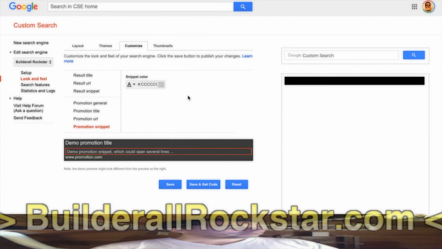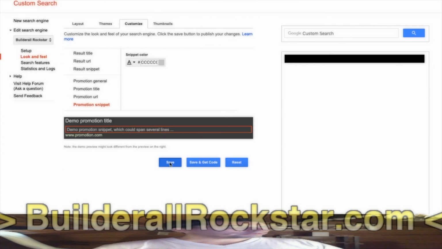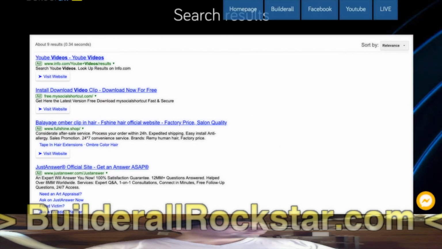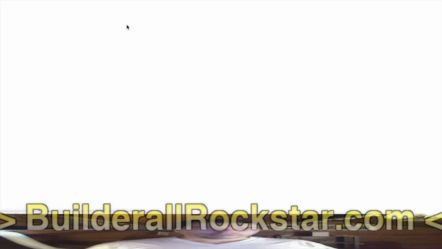Okay, so now I have everything set up. Save. And it should reflect. So if I go back to my search result, I refresh, it should look good for my website. So this is how you can change the look and feel.